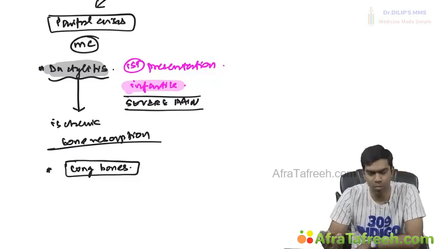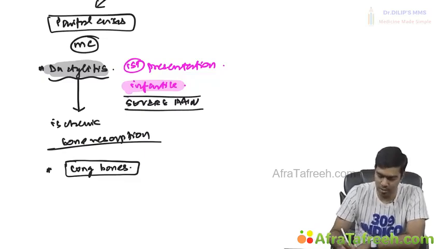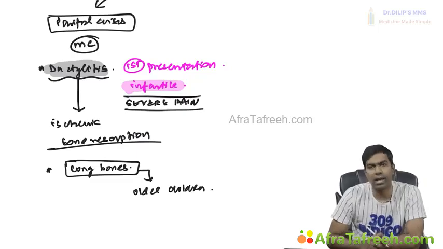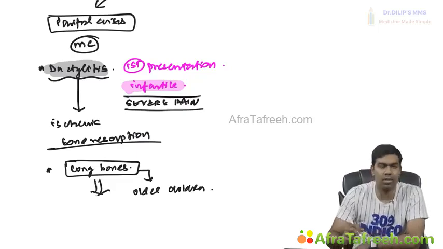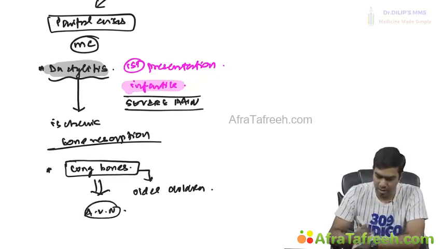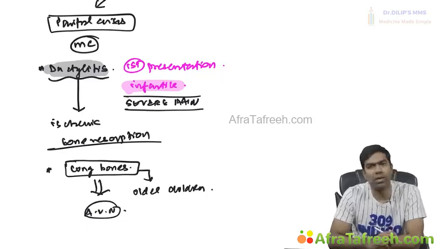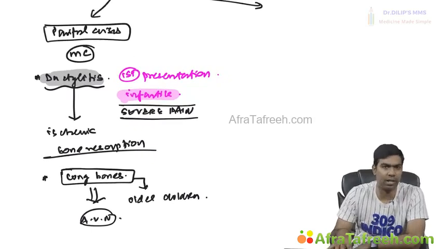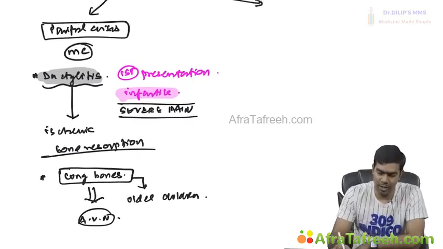These long bones can be affected in the older children and adults. And this long bone microvascular occlusion can also result in complete avascular necrosis, especially of the femur. So avascular necrosis can happen in these long bones. This is happening usually in older children and adults. But anyways, so next